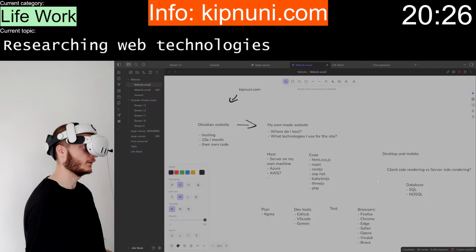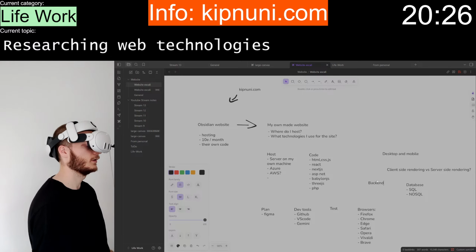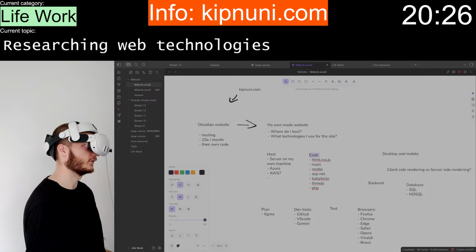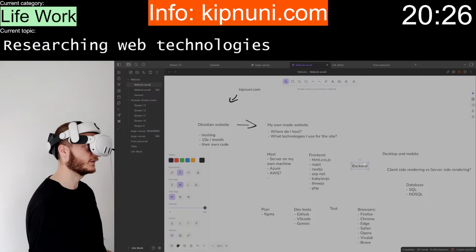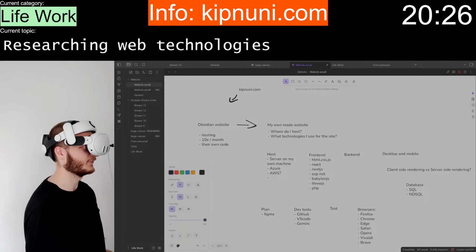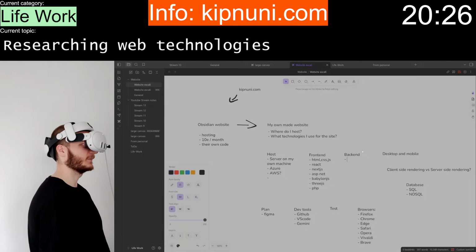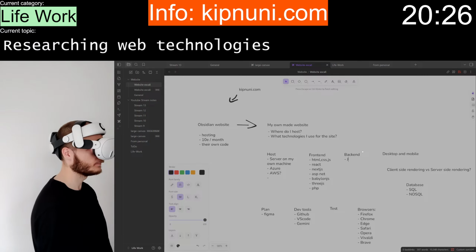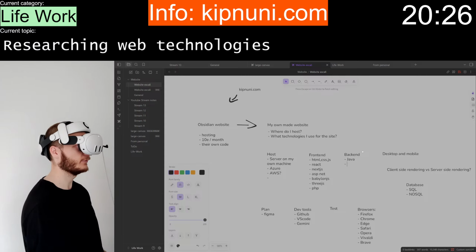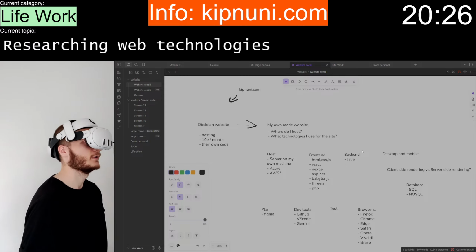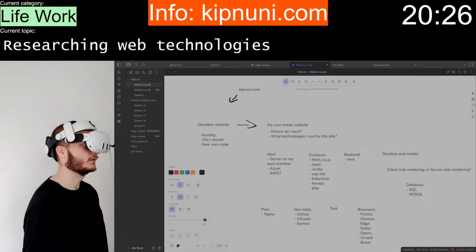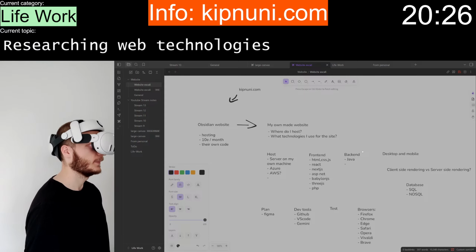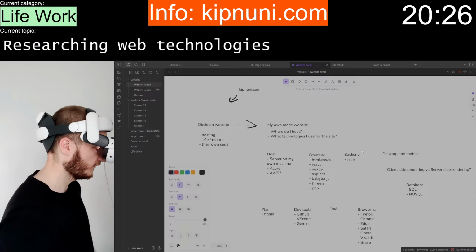Backend. So this is, of course, front end stuff. Backend, I already forgot. So backend, I have used Java. Java was the language that was taught first in my studies, the programming was started with Java.